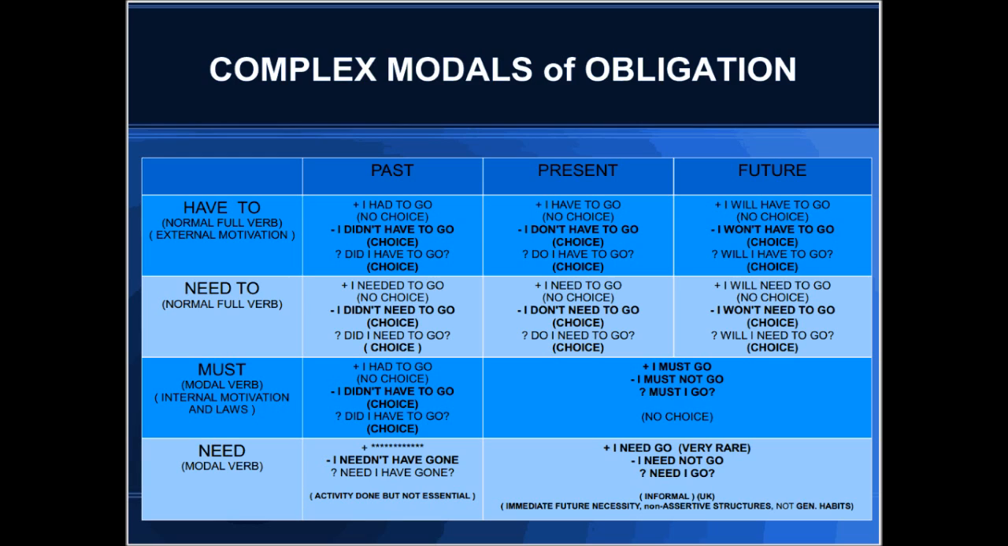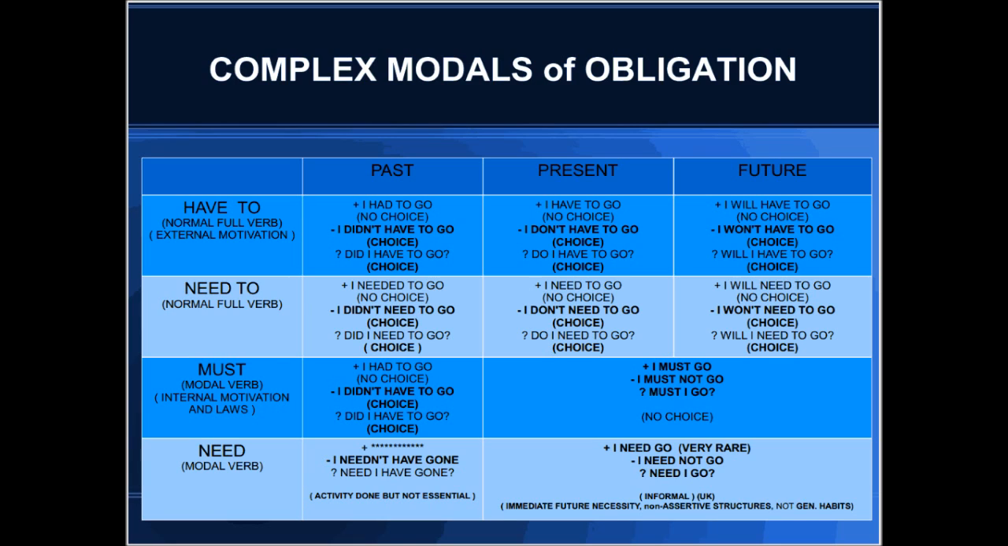We've got past, present, and future. Across the top, we've got have to as a full normal verb. We've got need to also as a full normal verb. We've got then must as a modal, and then need appearing as a modal as well. Most students learn to cope with must, but need is quite unusual, perhaps even quite illogical, but the table provides a map that students can anchor into their mind and focus